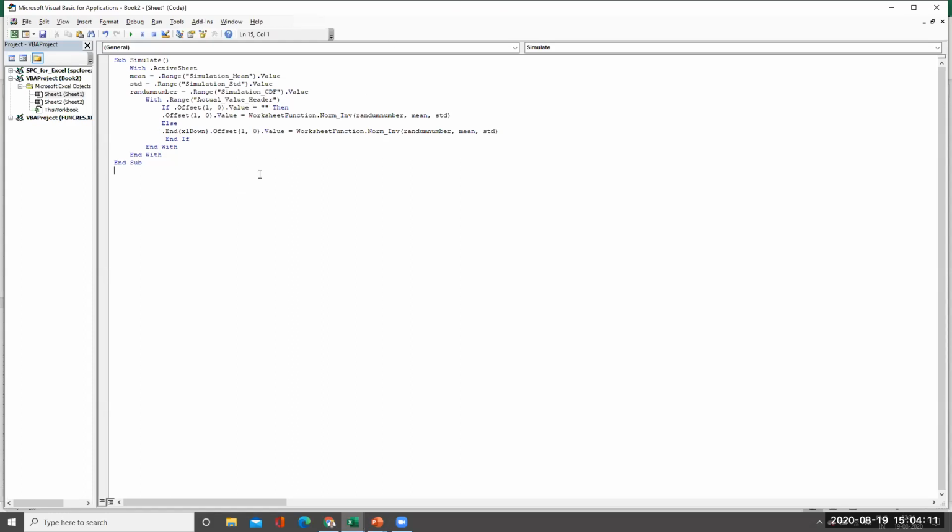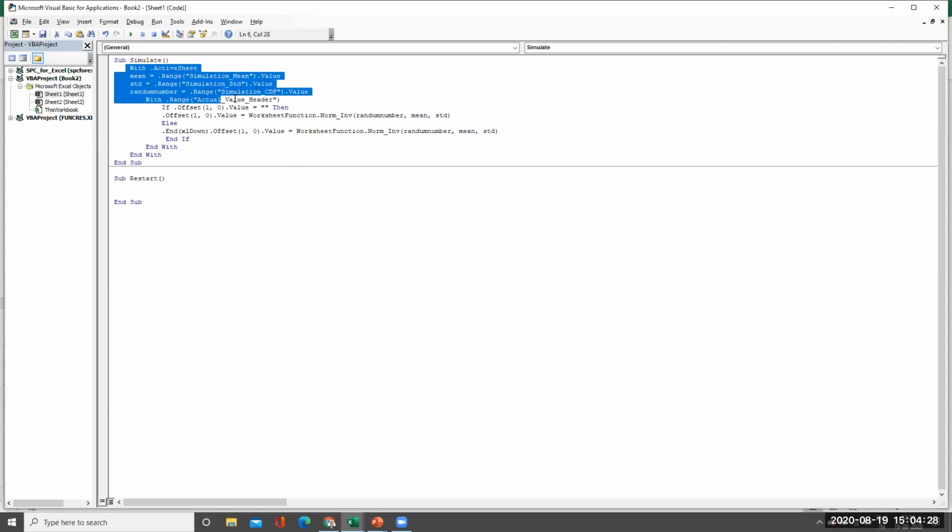Now, for the second subroutine, I will make one more for restart. I'll make it as Sub Restart, open bracket, close bracket. Once I put it, End Sub will be there. Here again, with the active sheet, I'll put the same thing.